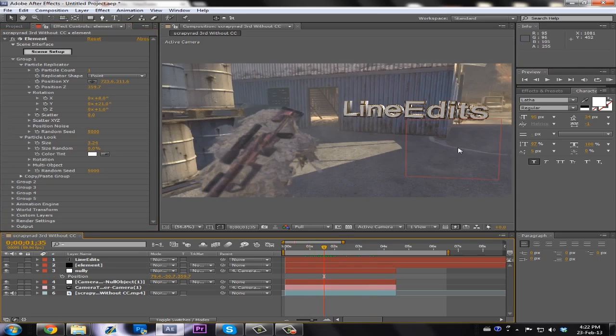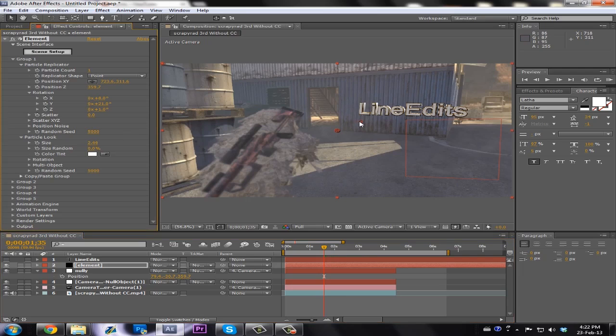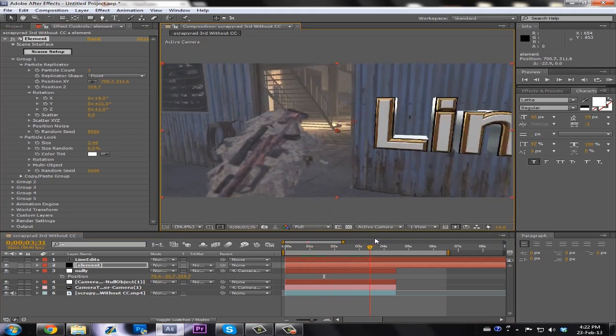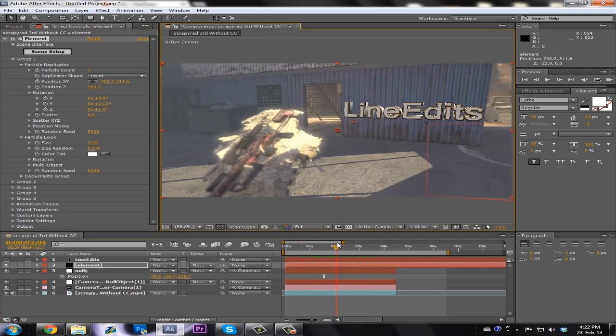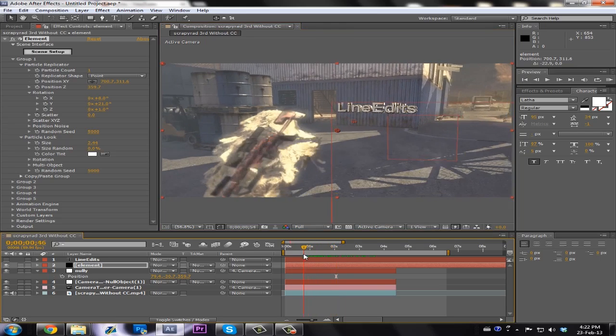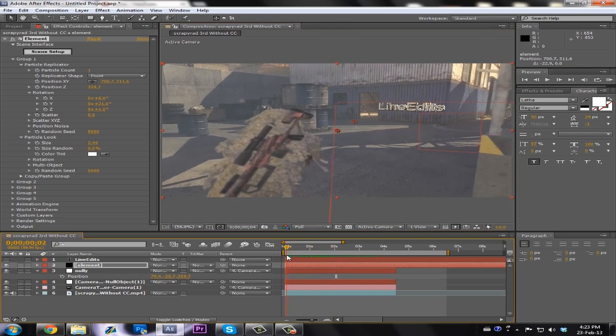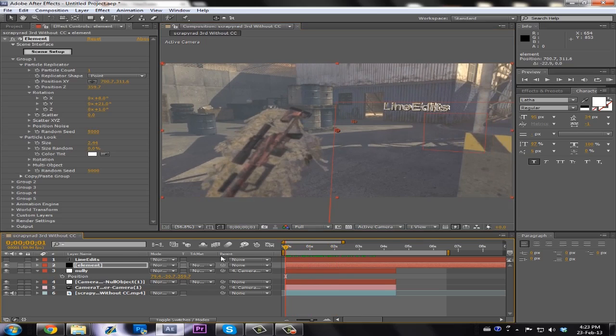It looks pretty bad with it coming off, but I'm not too bothered by that. I'll fix that though by just moving that, putting that there like so, and there. So that's how you motion track and you add the 3D text in. Just basic. If you want to do something a little more different and it really adds to your cinematic, is